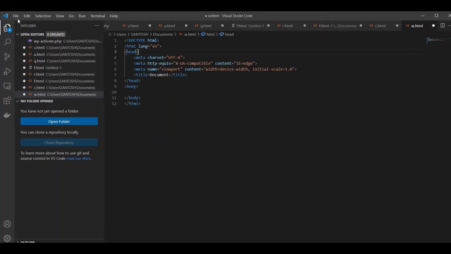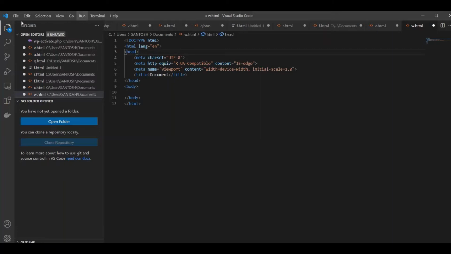It is used to create a file, a new file, saving data and deleting data, and so on. The Edit option is used to modify the software while making a program. Then there are Selection, View, Go, and so on.